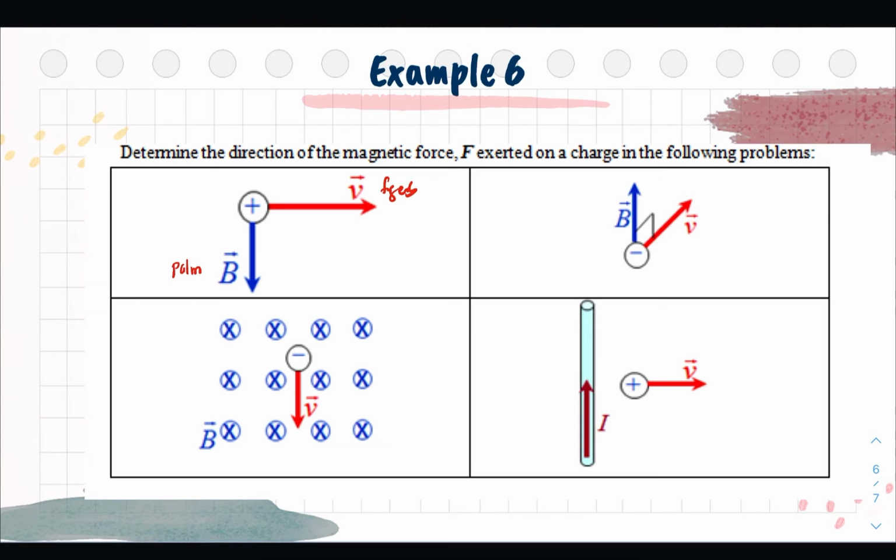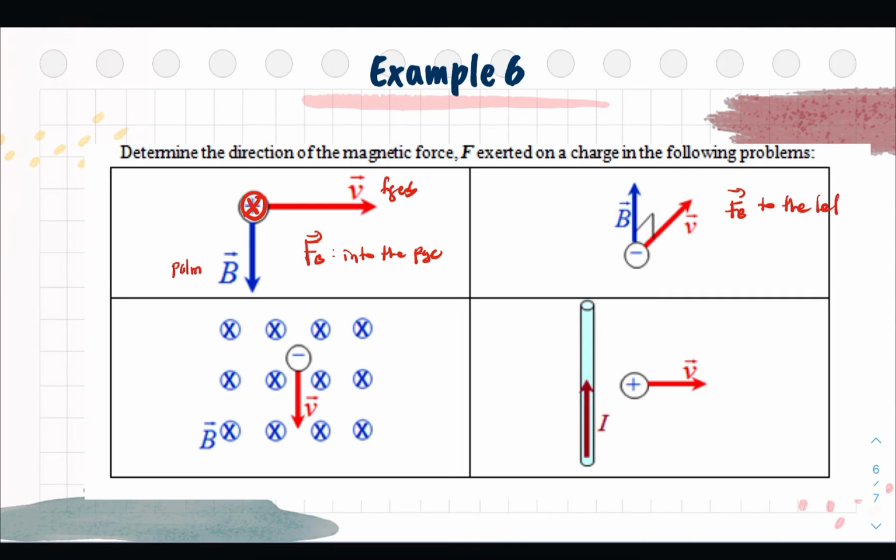So force, saya akan dapat FB into the page. Okay, for this one, B saya ke atas, velocity saya ke sana. So saya akan dapat this one. Sekejap saya cari FB